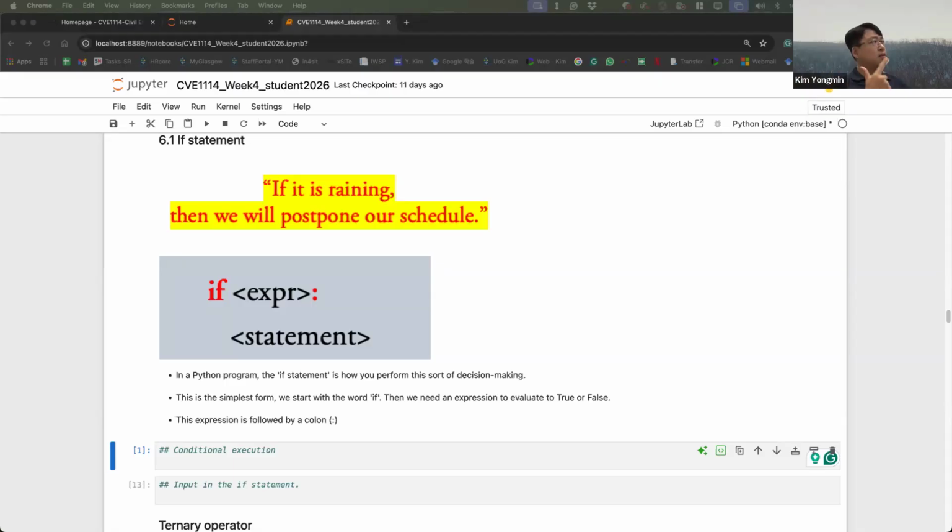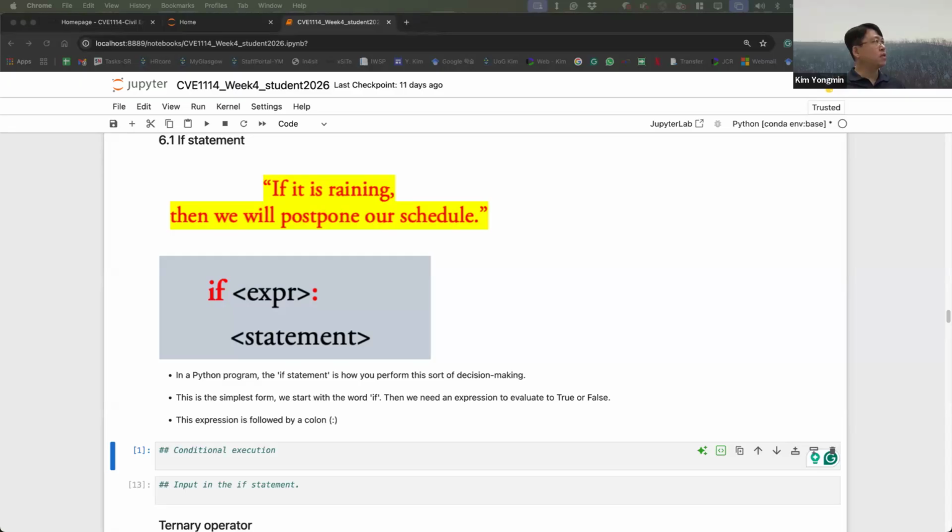So in a Python program, the if statement is how you perform this sort of decision making. It allows for conditional execution of statements based on the value of an expression. This is the simplest form.